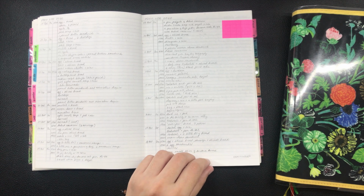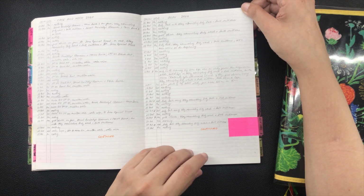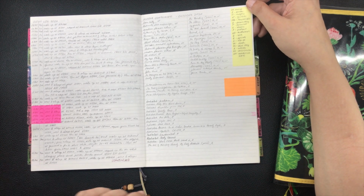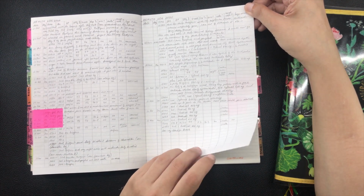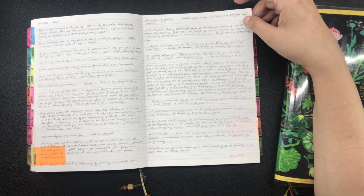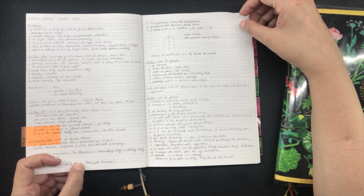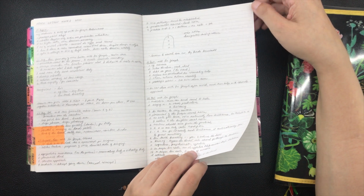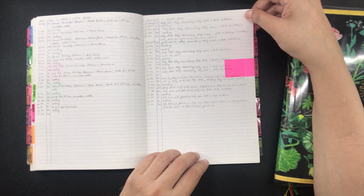This notebook, by the way, was the notebook that carried me through my COVID-19 illness. I was diagnosed as COVID positive on the 20th of September, and our house was placed under lockdown, and the lockdown was lifted on the 2nd of October. So this notebook carried all of my health monitoring, my food log, and all of my health symptoms during that time. I did use a pencil for the logs on here because by this time I have already started using